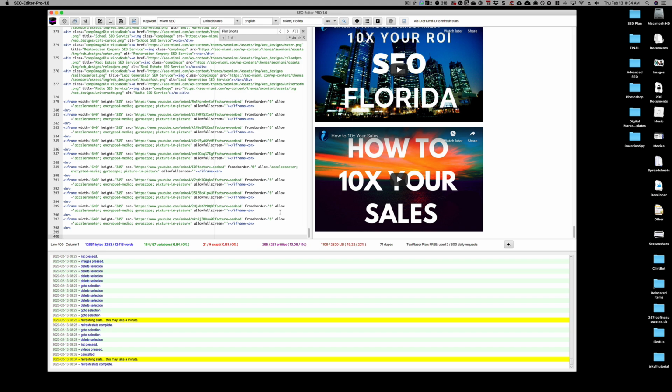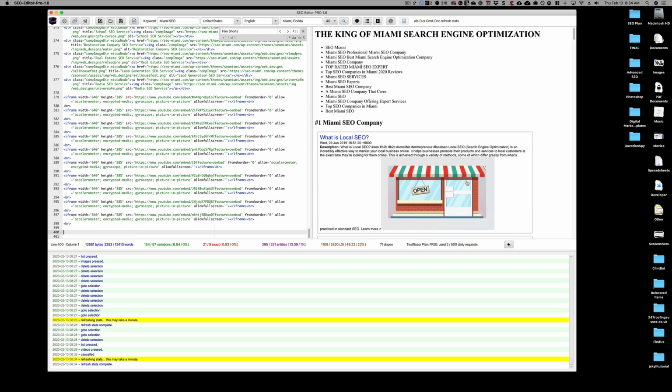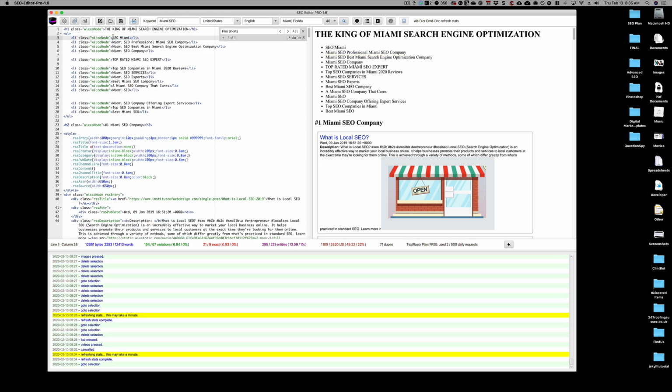22% now with the LSI. That's kind of cool. So I got all that. It's pretty neat. And then let's say I want to use this for link building. So I'm going to go to selection, and then I'm going to do